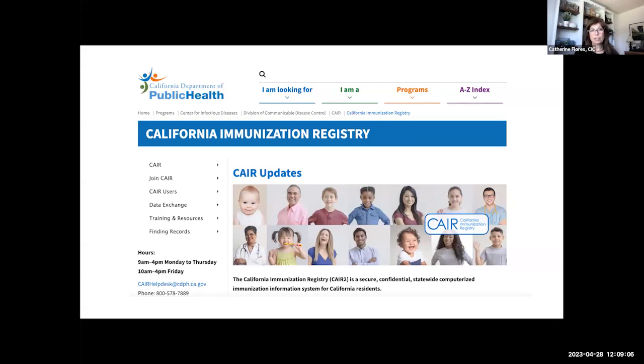And throughout all of this, the California Immunization Coalition has always supported the California Immunization Registry, or CAIR, because we've known since the beginning, since it started, even though it's been a long process to where it is now, we know that this is the way we can not only raise immunization rates, but we can protect our communities even better by knowing how well they're immunized and where our pockets of need are, where we need to pay more attention to, where we need to give more resources to, when we can see how well our community is immunized.